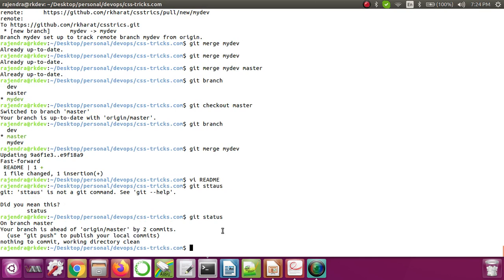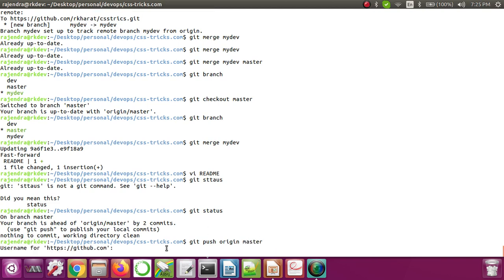First you need to push that, then only you will see the changes on the remote repository. So how can we do that? git push origin master. Now if I run this, it will ask for the credentials.